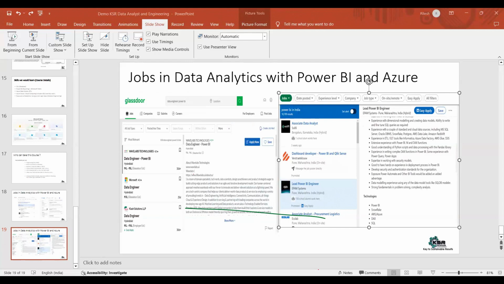Now, what do you mean by Copilot? Copilot is nowhere new in Power BI. Copilot was available since the introduction of Power BI. The name was different. It was Q&A. Power BI Q&A is nothing but your Copilot only. Now the question comes, Copilot is nothing but your AI, artificial intelligence.